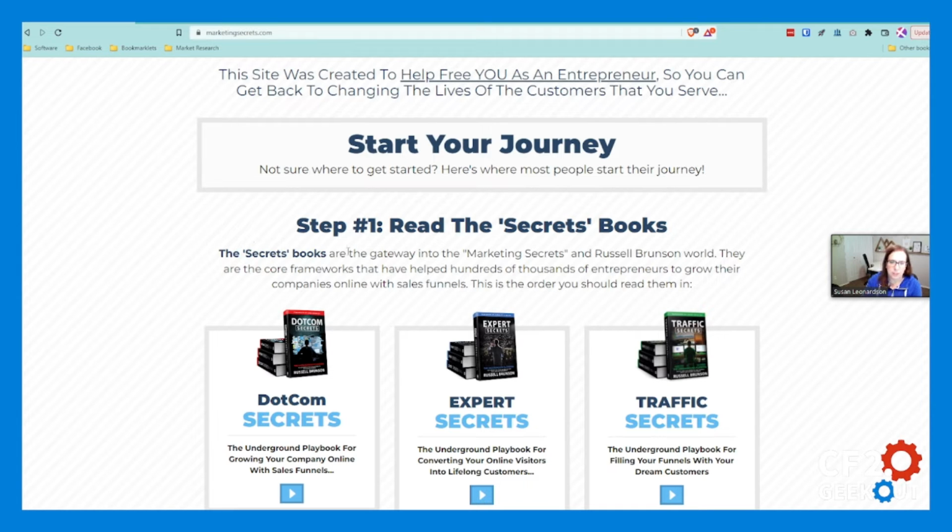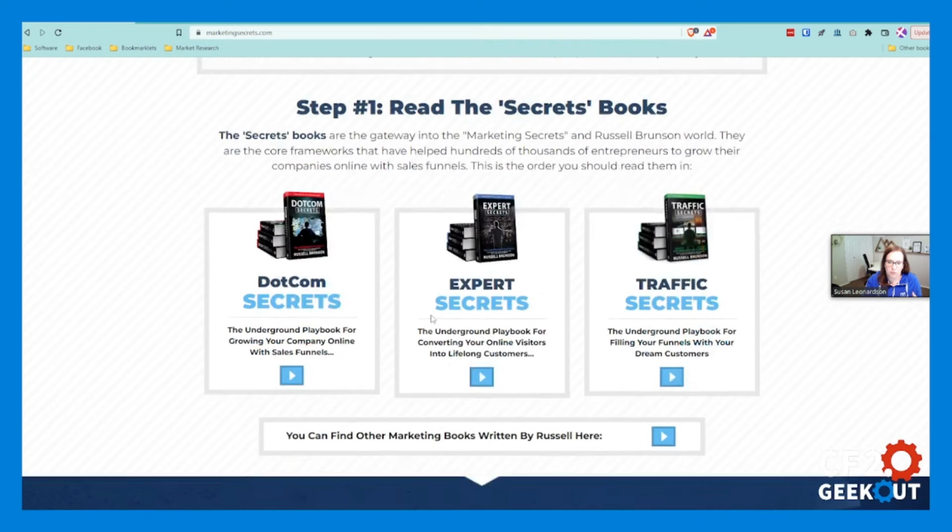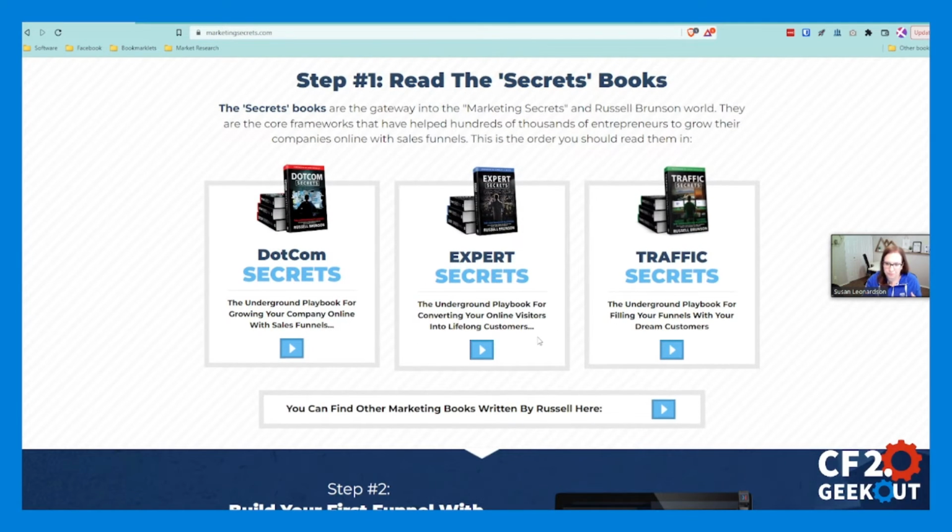Talking about the Secrets books, he says that they are the core frameworks that have helped hundreds of thousands of entrepreneurs. That right there is a form of social proof. It's like, this has been used by others. It's not a direct testimonial, but it is lending itself to the same idea. And then down further,